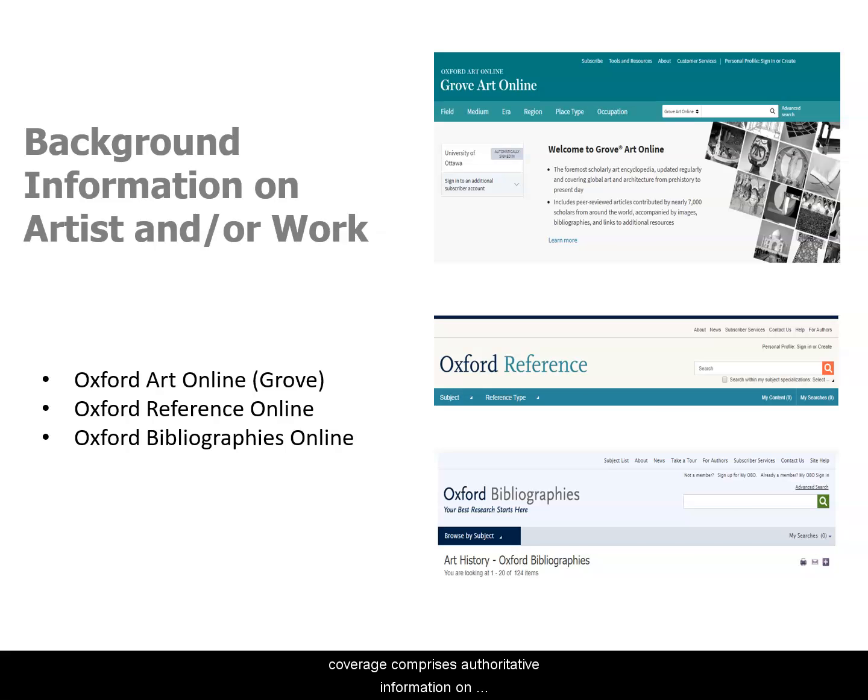Its coverage comprises authoritative information on artists, architects, works and buildings, as well as the terminology, concepts, movements, techniques, and organizations related to all periods within these fields. Oxford Bibliographies Online provides comprehensive bibliographies of the most accurate and reliable resources for a variety of academic topics. Written and reviewed by academic experts, every article in the database is an authoritative guide to the current scholarship. There are 137 bibliographies related to art history that cover a wide range of topics from art theory to material